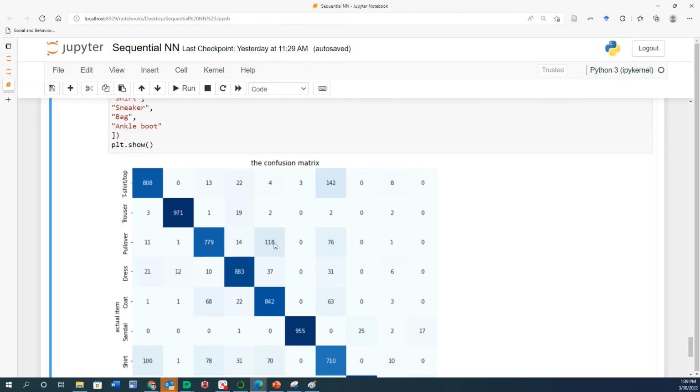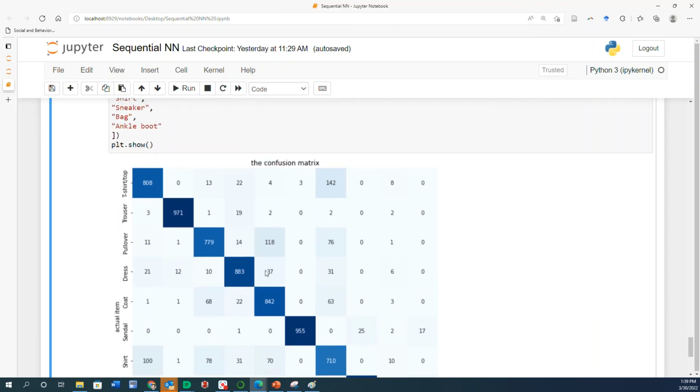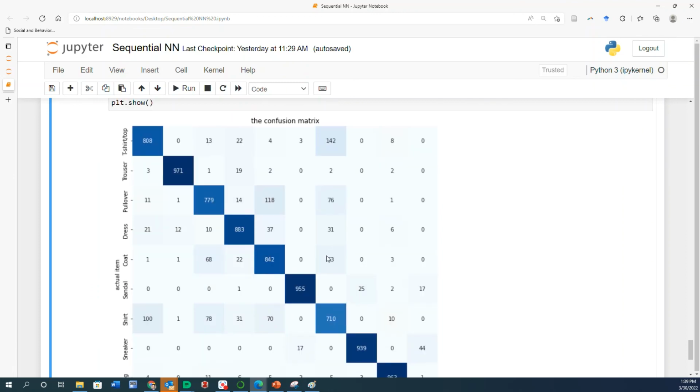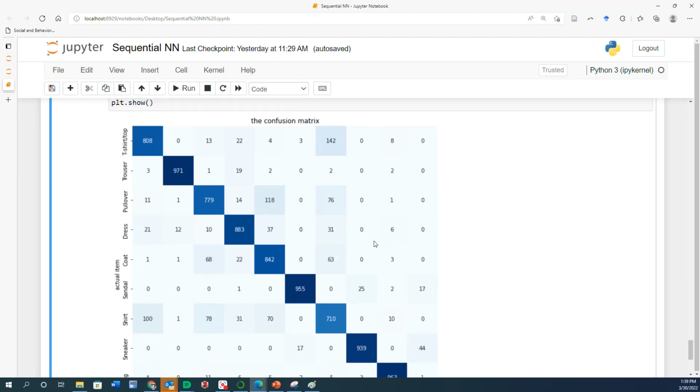How about the pullover? The other mostly confused item is a coat. So a coat is mistakenly classified as a pullover. And then what else? Here you have a shirt that is classified as a t-shirt incorrectly. Sometimes it is classified as a coat or a pullover. Otherwise, the algorithm is doing a pretty nice